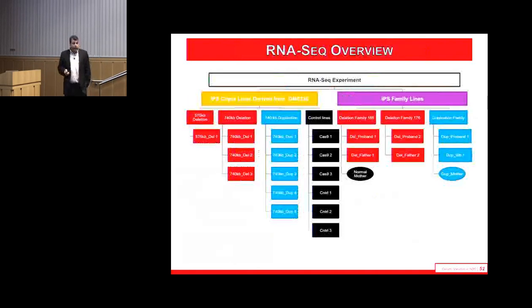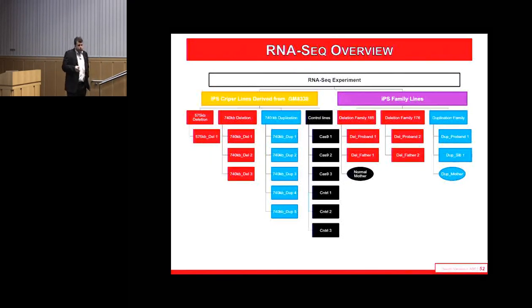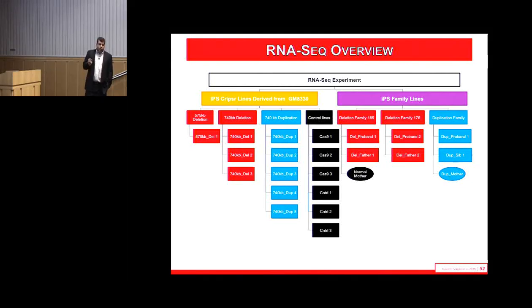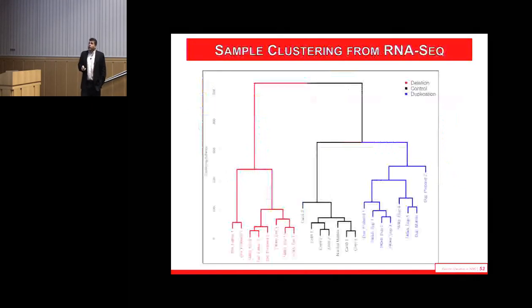When we then went and looked at this genome-wide, we had all this RNA-seq data in vivo. So we looked at our models. We generated an RNA-seq study in which we did the CRISPR-induced deletions and duplications, the native control lines treated with Cas9 and not a guide RNA to see what the Cas9 treatment might do. And then we looked at patients. So we had deletions and duplications in patient lines. We did RNA-seq across the genome.